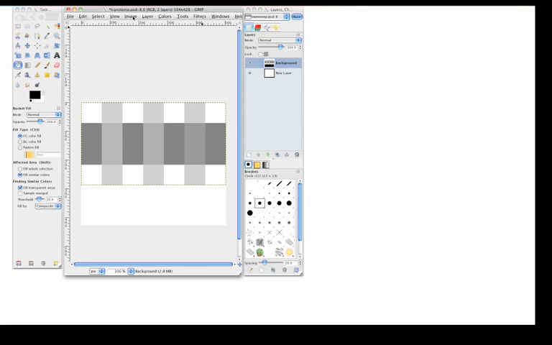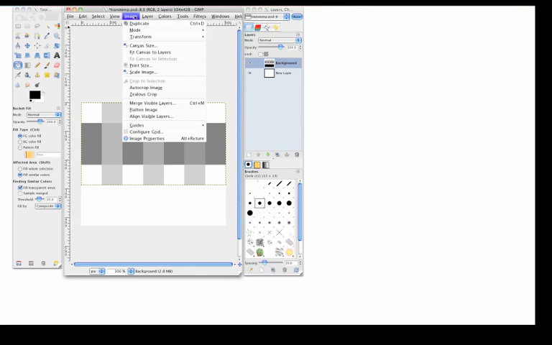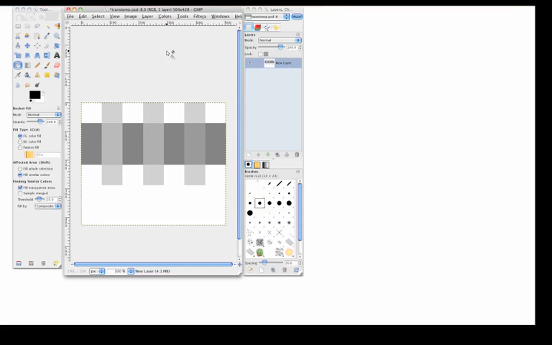So we're going to click on the background layer, go Layer, Merge Down. And now those two layers become one, and that will make it much easier to work with. Okay, so as you can see, I'm not entirely familiar with GIMP because I usually use Photoshop, but it's definitely